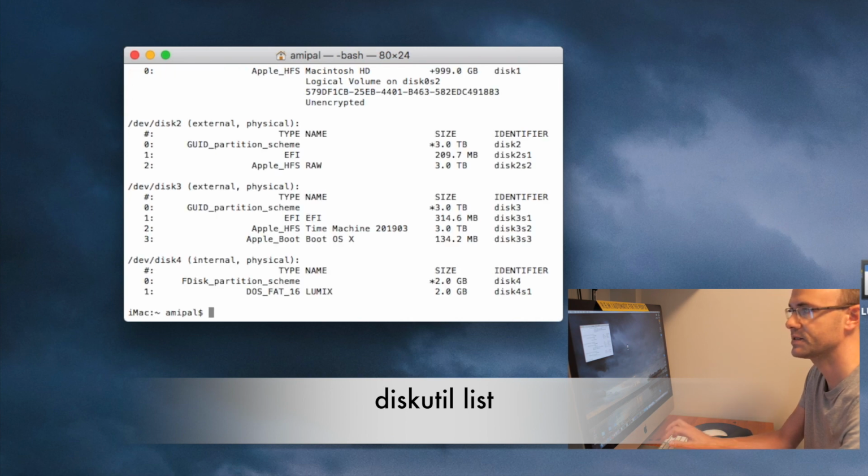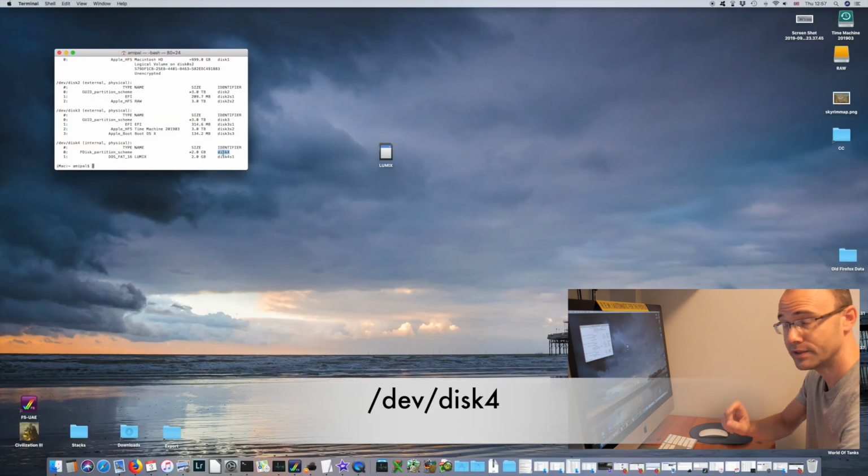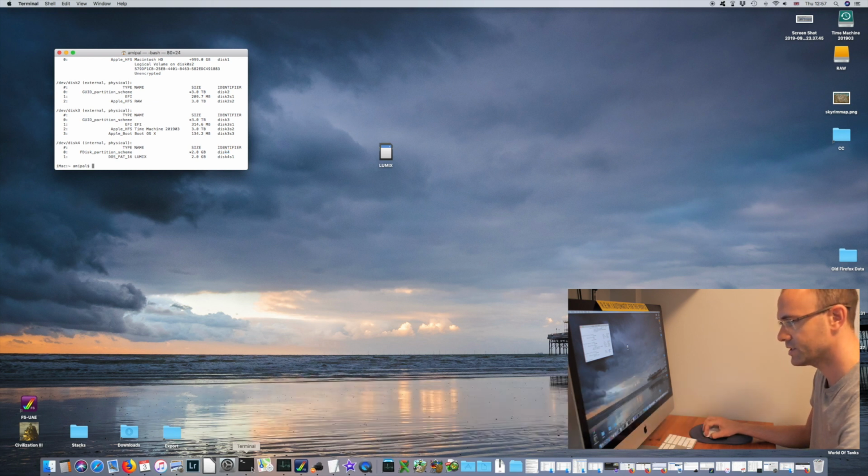diskutil list. Okay, and we need to note down where this disk exists. As you can see, we've got DOS FAT16 Lumix, and it's listed as disk 4. Okay, so bear that in mind, /dev/disk4. Okay, next thing we need to do